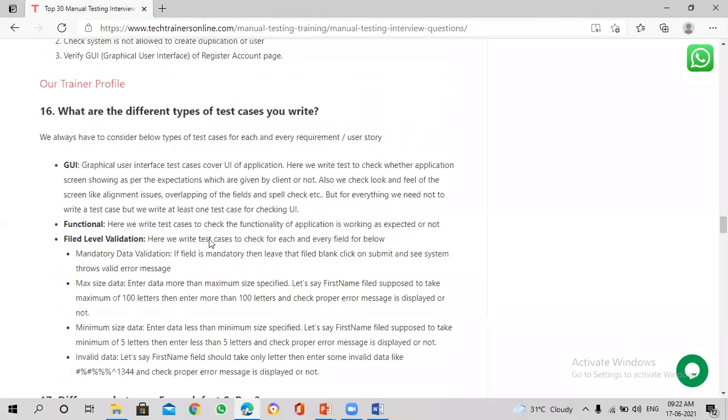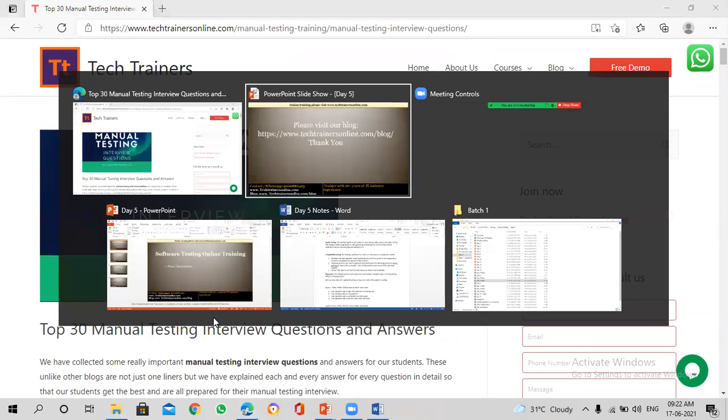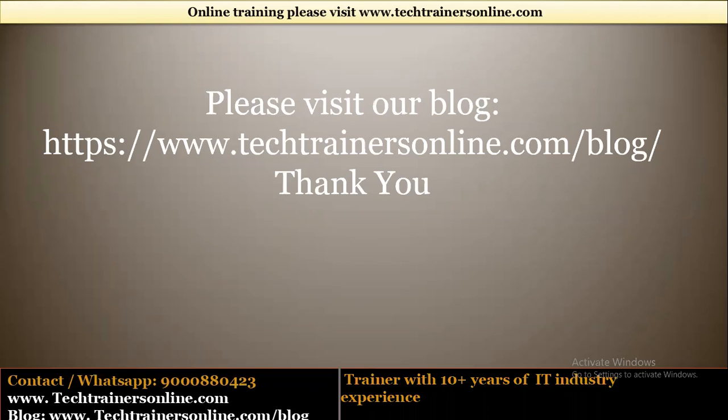Remember, you have to go through the manual testing interview questions. You might get an interview question like: what is regression testing, how do you make sure the existing system is not broken because of new code or a new sprint? All these questions will generally be asked as part of an interview.